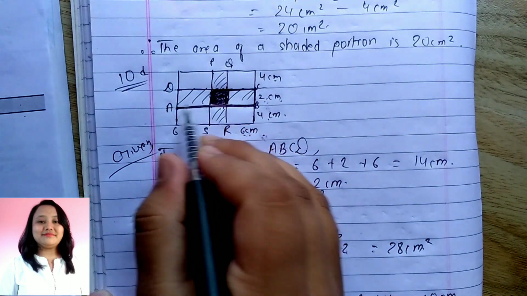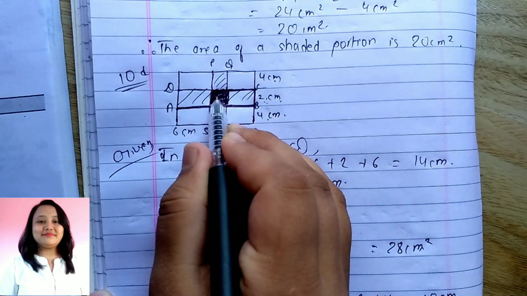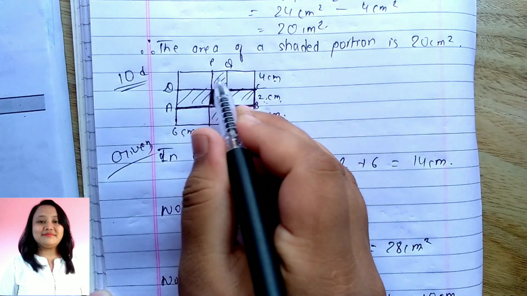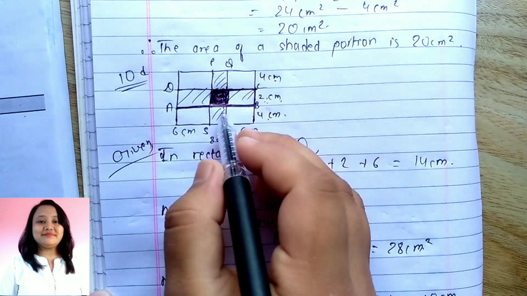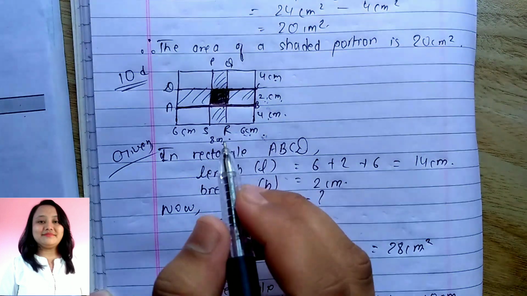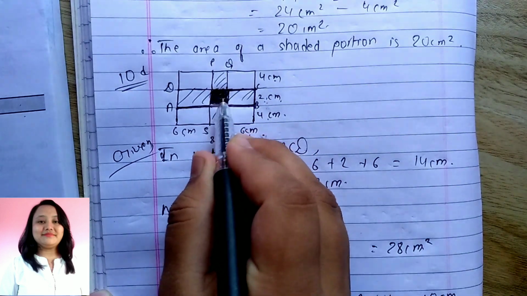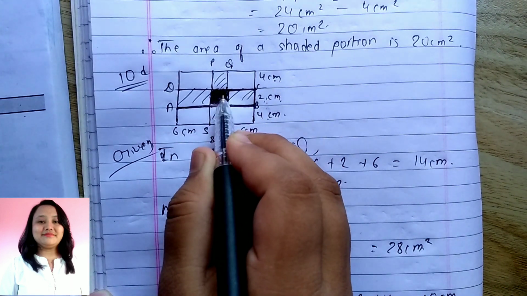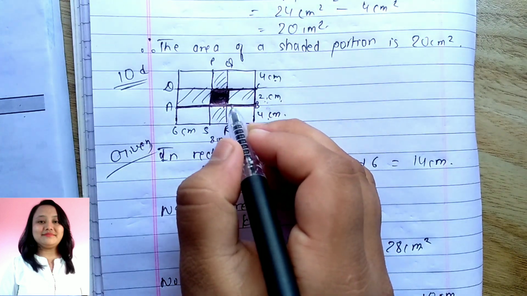Since this area we have already found out for this ABCD, in this ABCD's area, this portion comes. In this PQRS also, for finding out the area of PQRS, this portion comes. That means this portion is added 2 times, which is wrong. So we have to do minus of this portion. So let me check what is the area of this portion.